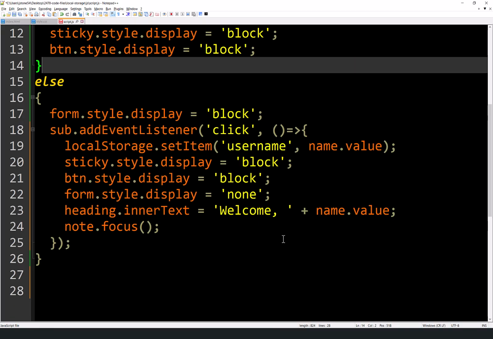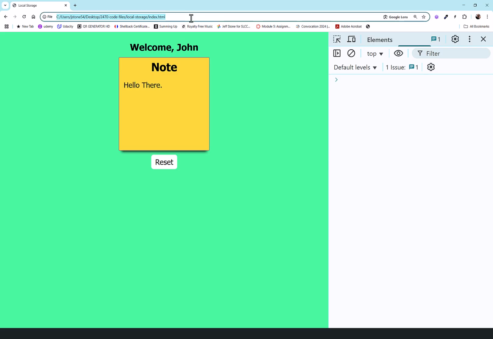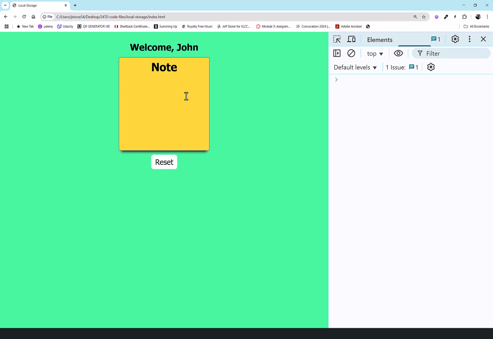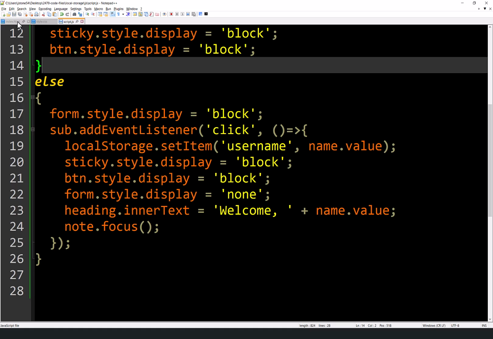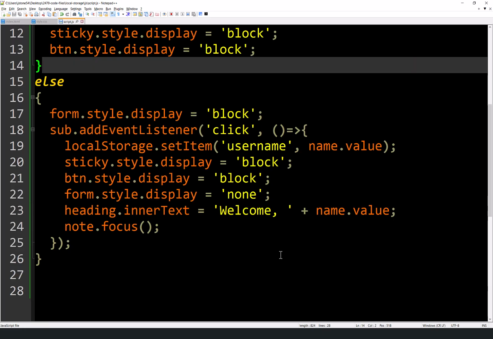The last thing we want to do now, as far as local storage stuff, is capturing whatever the note is and then have access to it later if I come back to this page. Right now, if I come back, that note is gone, okay? So what I need to do is put a click handler on the paragraph, all right? So now this can be a little bit tricky here.